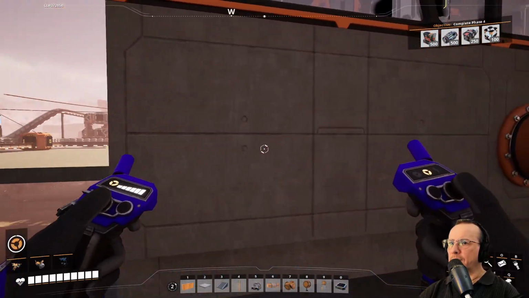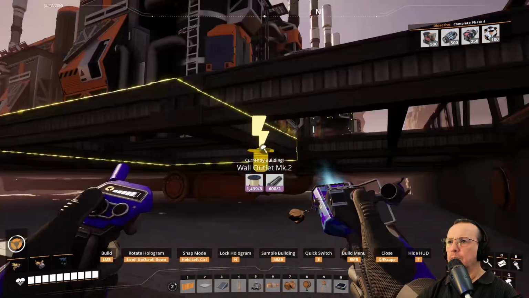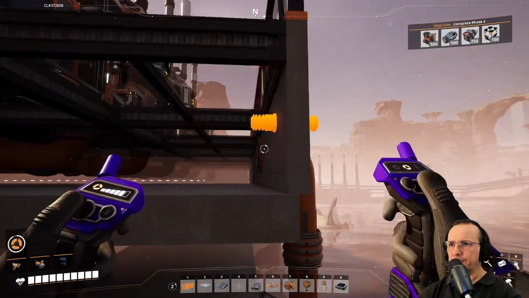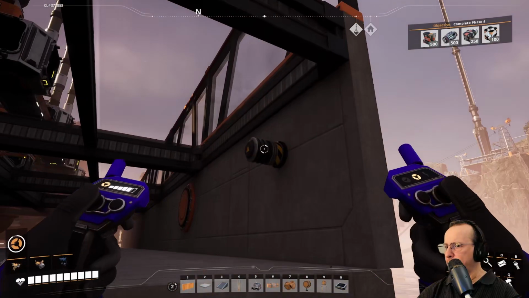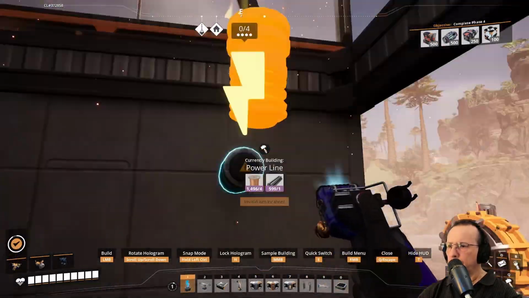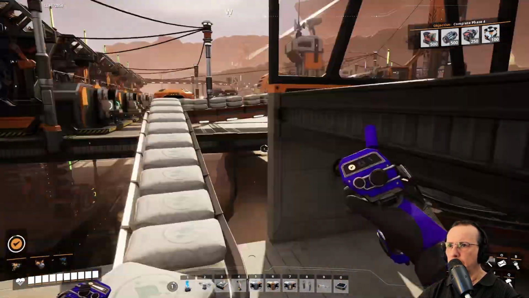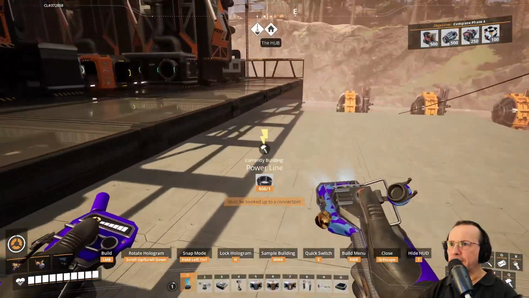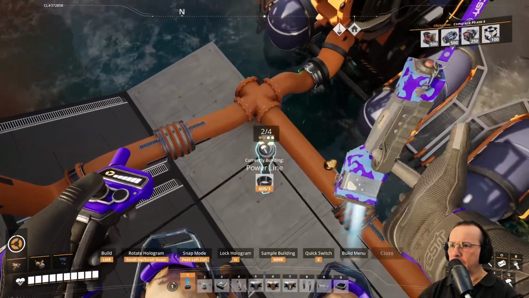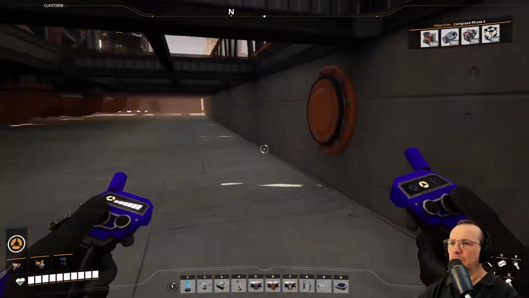Let's hook up some power in a way that isn't bad looking. Needs to be a double-sided. There we go. These are great. These things are much better than power poles. All right, so that supplies the power. It goes all the way down to here. And then we're also going to give this a go. And maybe in a second one. And these pipes...